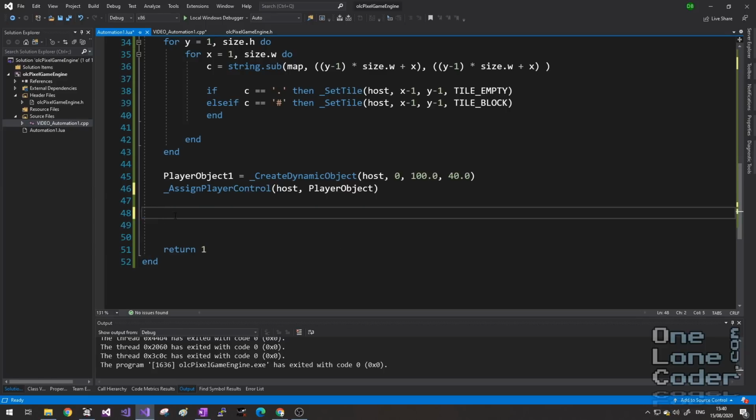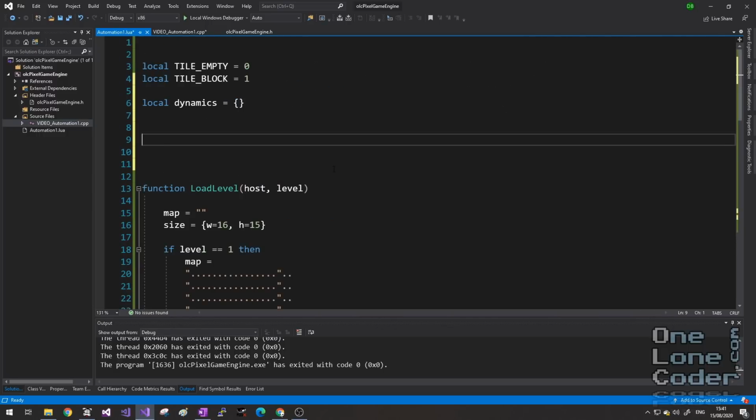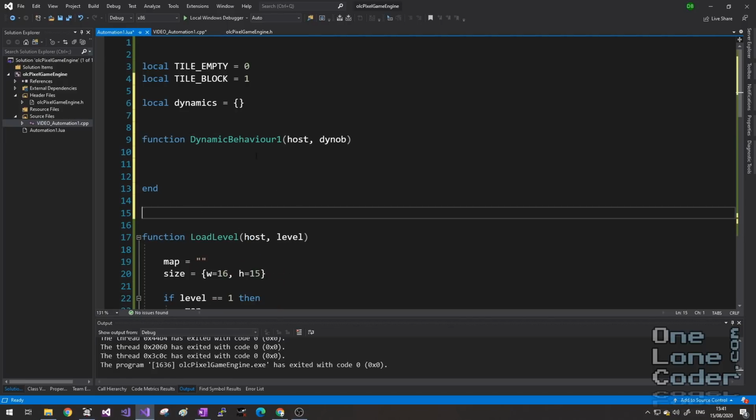I want to add a moving platform to the game. So I'll call the create dynamic object and specify the type, which in this case 2 is moving platform, and the starting position. But I want this particular moving platform to follow a certain path. And this is where we're going to start using Lua Coroutines. This function, dynamic behavior 1, is going to be unique for this platform and specify the path the platform should